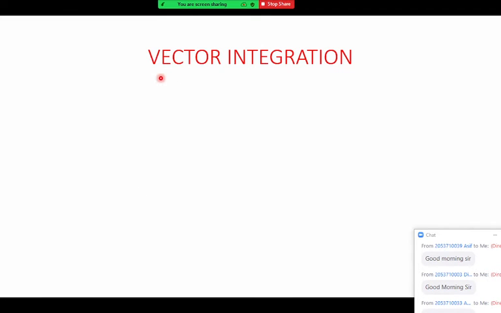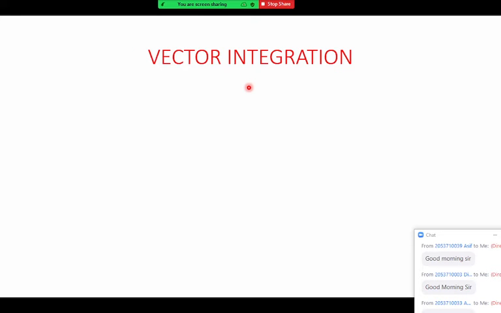So we are going to start here. This is the last part of the unit. We can say vector integration. Just like vector differentiation, we are given a vector function, r bar equal to f bar of t, that position vector r bar, and with respect to that r bar, we calculate curl and divergence. And one more article that we have is the gradient. So those three important articles we have from vector differentiation.